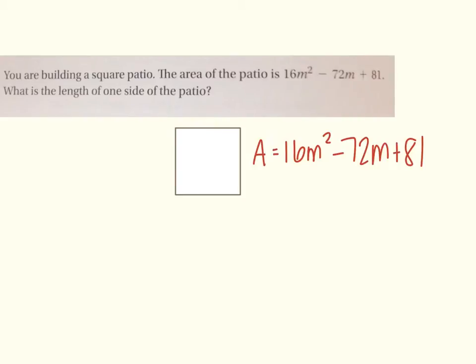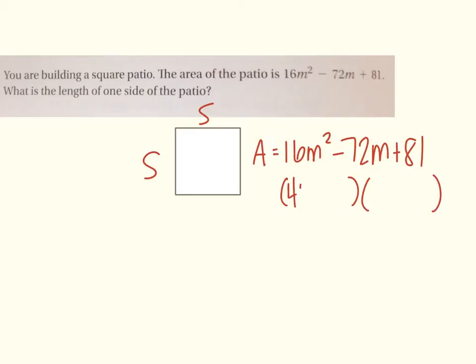And you know that the area of a square is side times side. So you're going to square something. So they want to know one side, so you're going to factor this and figure out what the square root of that is, really. So if we're going to factor this, that's going to be square root of 16 is